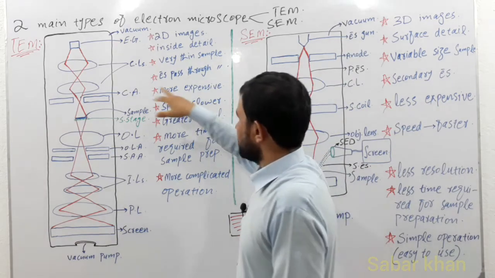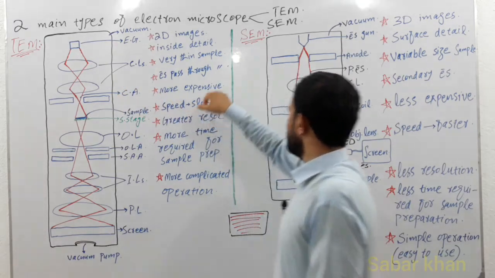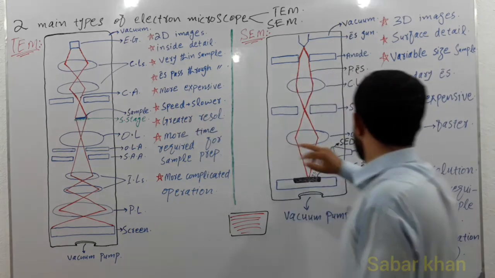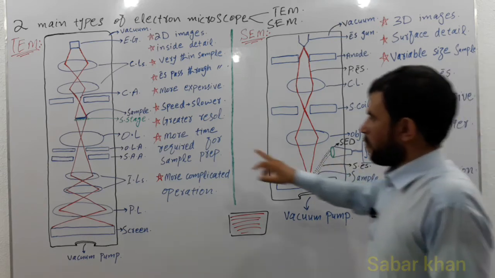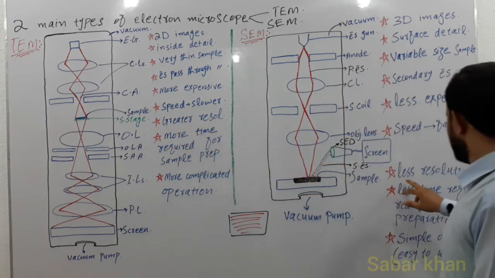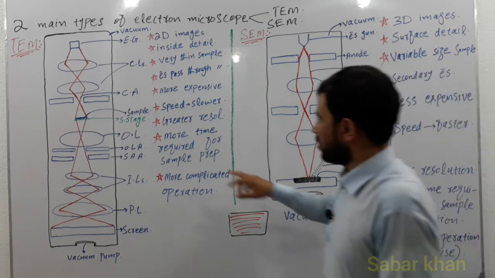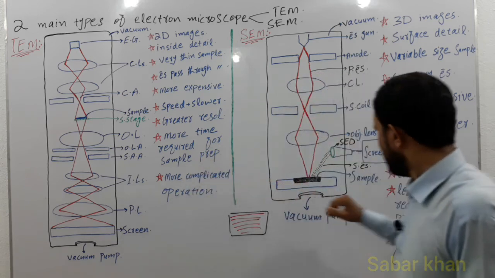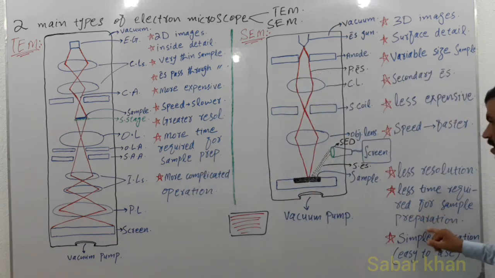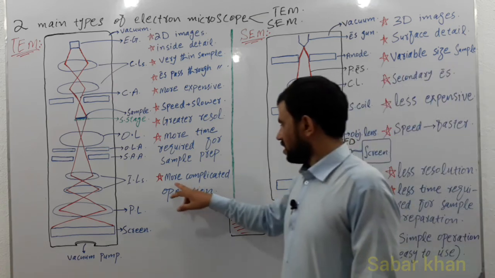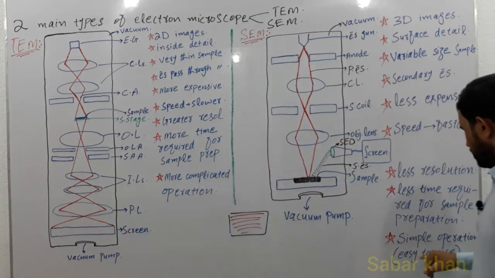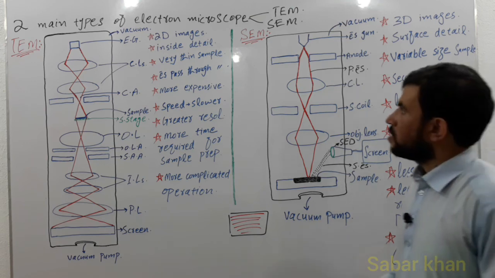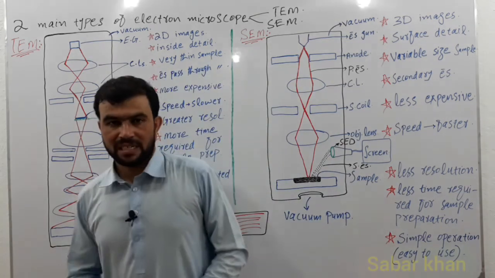Transmission electron microscope is more expensive. Scanning electron microscope is less expensive. The speed of the first is slower, while the speed of the second is faster. It has greater resolution while it has less resolution power. More time is required for sample preparation, while here less time is required for sample preparation. And its operation is more complicated, while its operation is simple and easy to use. So this is all about the transmission electron microscope and scanning